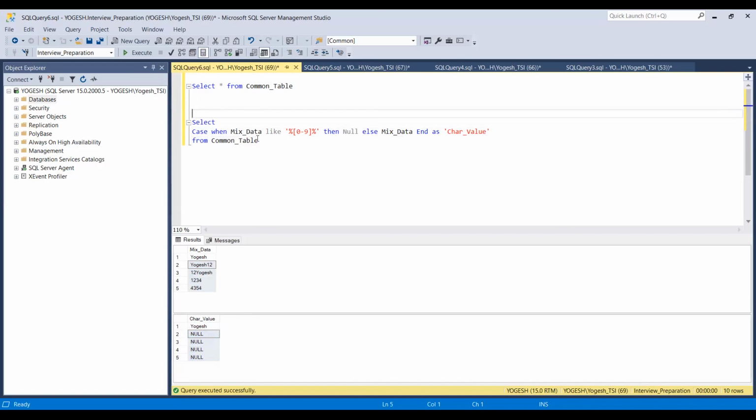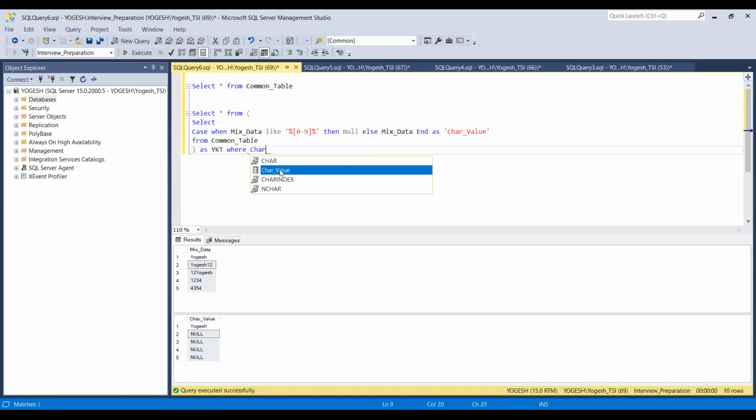Just take this output in a subquery: select star from, use the start brace and close the brace, as A or YKT, whatever name you want to give to this subquery. Where use the column name, char value.